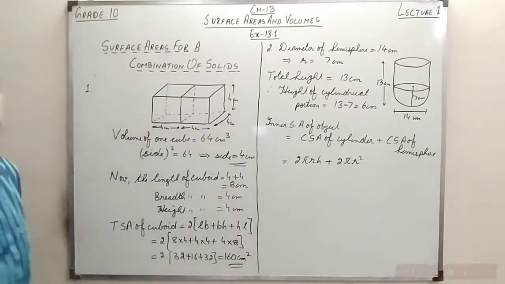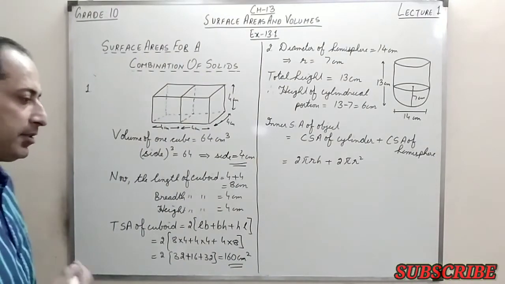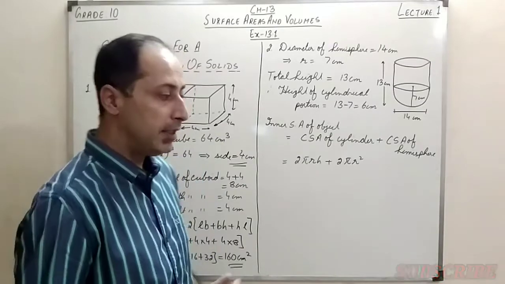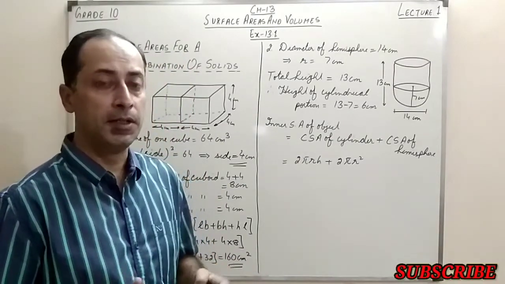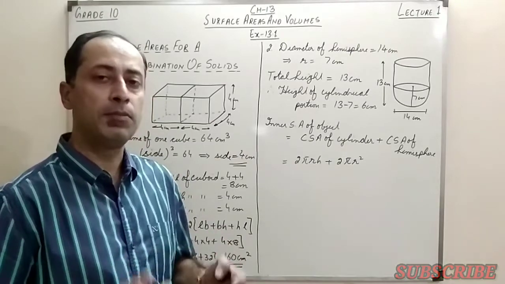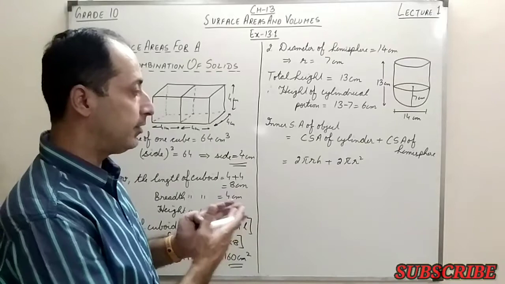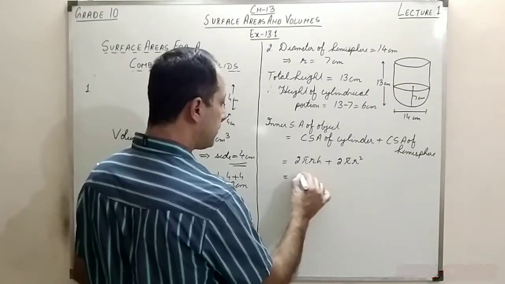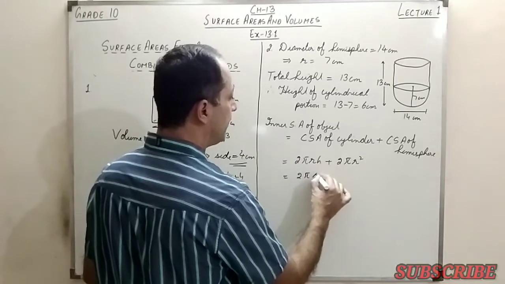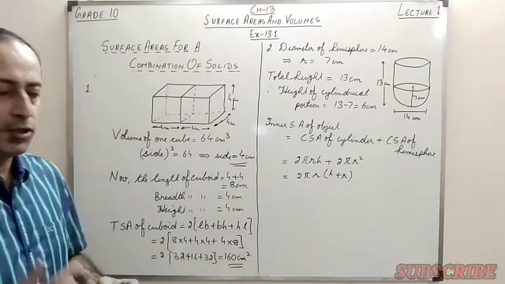Now if you see, you can simplify this question in a better way. See, in the previous chapter also I have discussed that the calculation in the questions of surface areas and volumes is a little bit typical. So try to make them more simple. So how can we do that? First of all, we can make this formula simple. We can take 2 pi r common from here. So that will minimize our calculation a little bit. Something like this. Now we substitute the values.